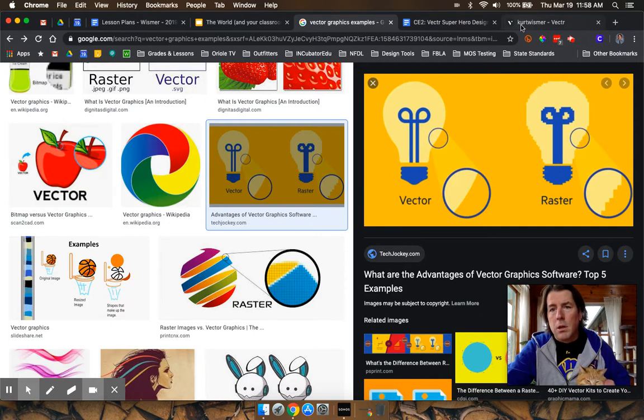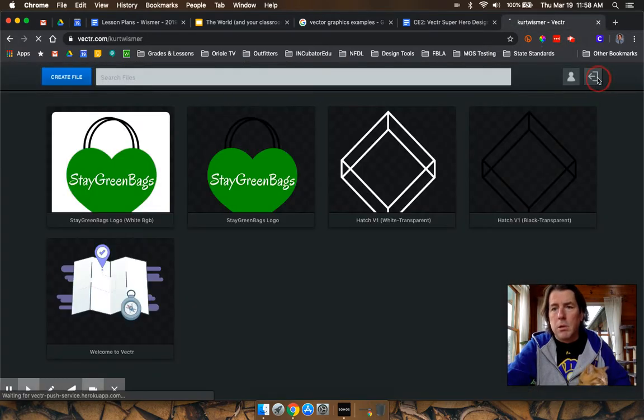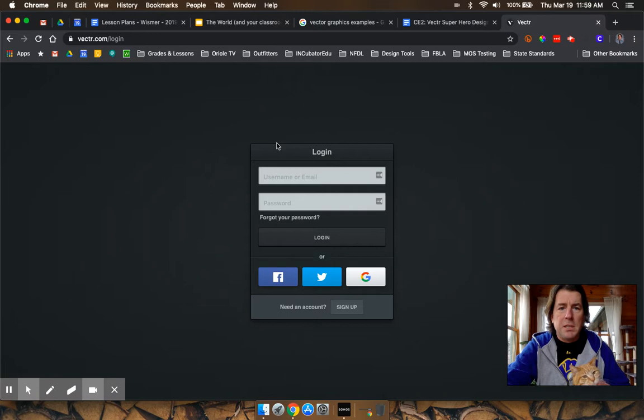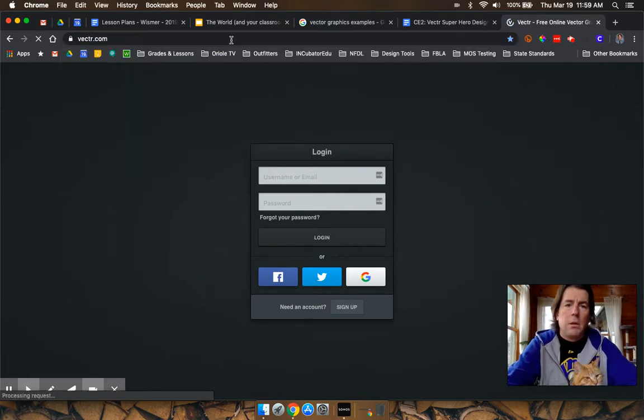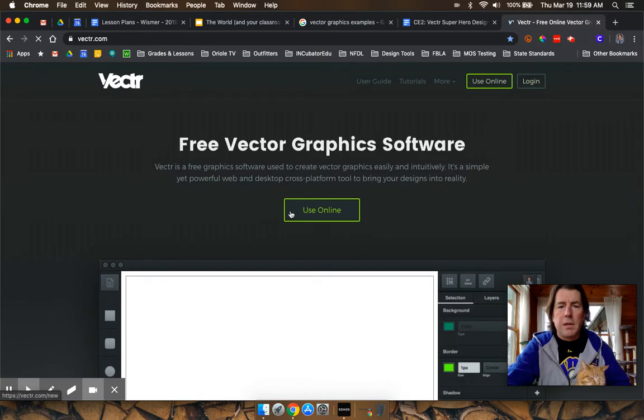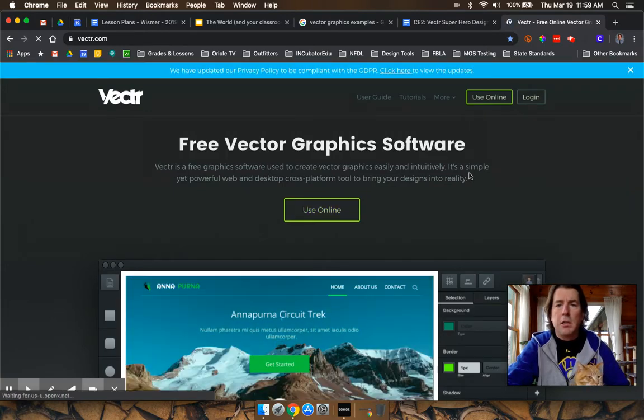So here's the tool. Here's how we do it. Let me log out real quick so I can show you from the logout. So you're going to go to vectr.com, and when you get to that page, click on Login. All right, so here's Vectr's homepage. When you get here, click on Login,